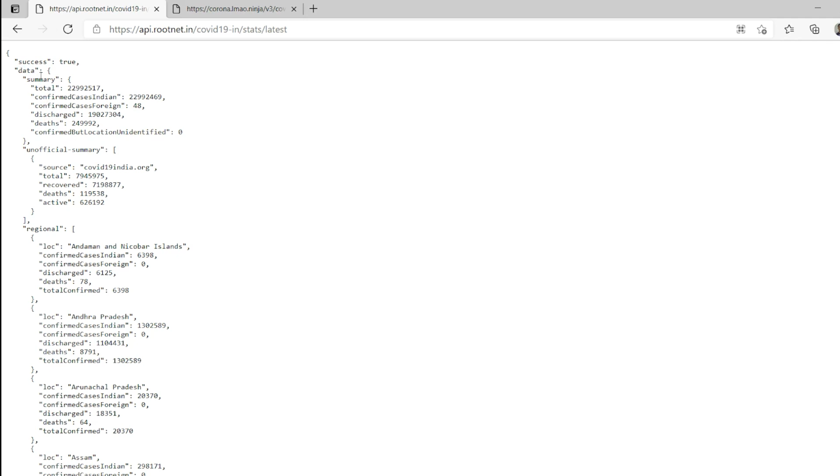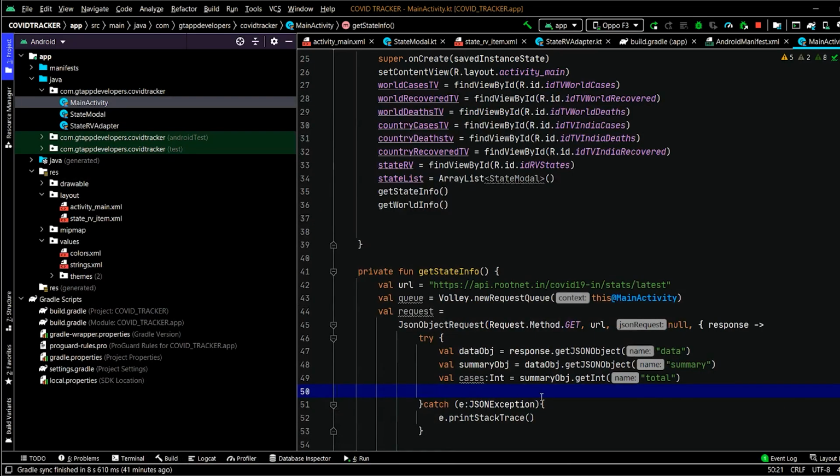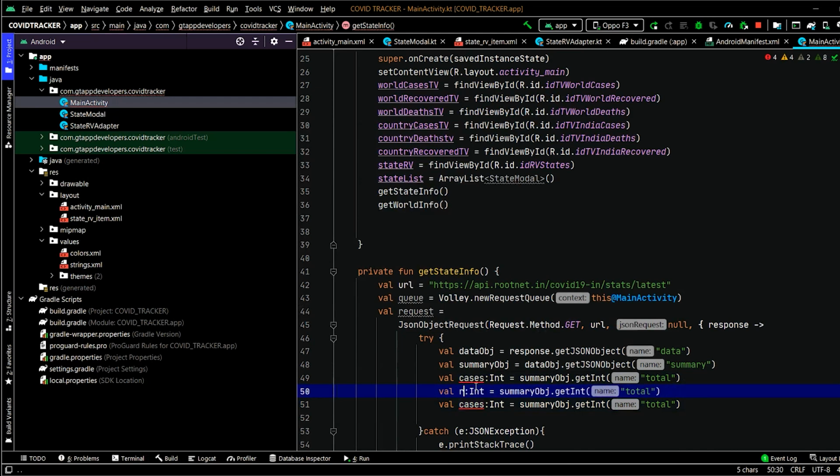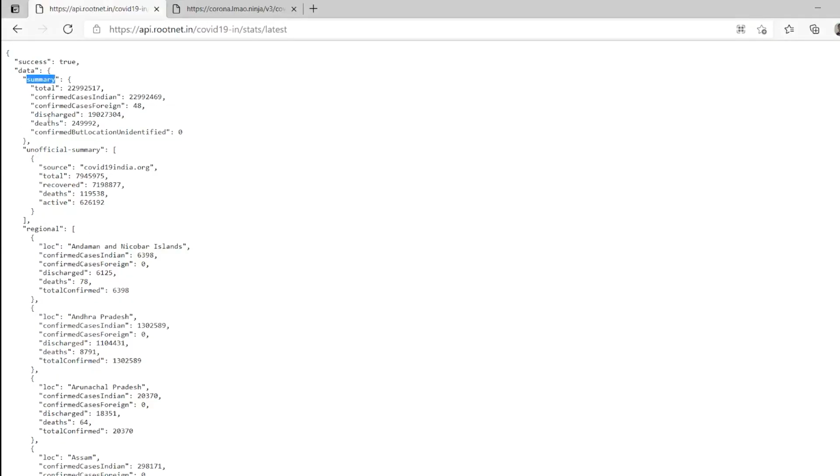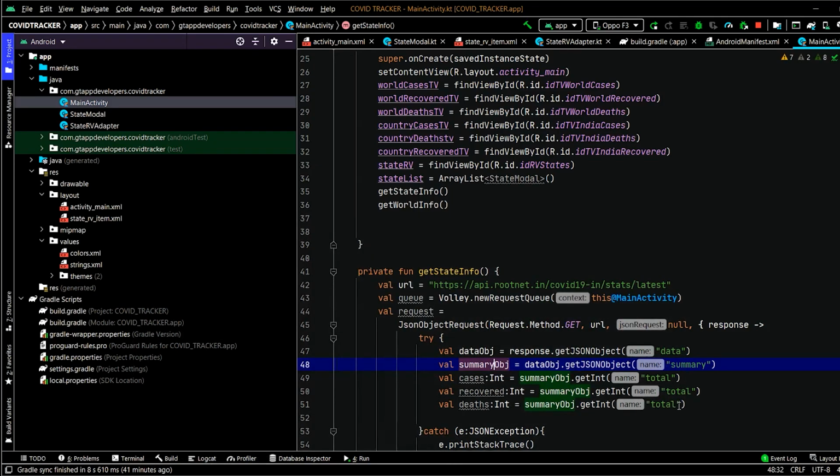Similarly, we have to use data and summary, the same key which is shown in the response, we have to use it. After that, we will similarly create another two variables, one for the recovered and another for the deaths. So the key for the recovered is discharge, and key for the deaths is deaths.